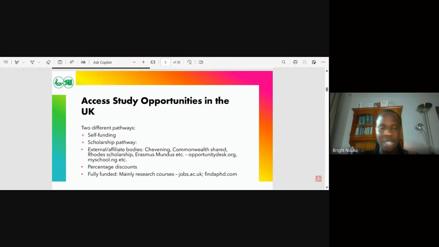As a research fellow, you can get a research assistant job opportunity. You can get different kinds of job roles that are not even study roles. I don't know if that makes sense. So on jobs.ac.uk, it's not just study roles alone. There are also job roles there. So if you are looking at transiting through a work route from the academic field, jobs.ac.uk is also a good website for you to browse through.